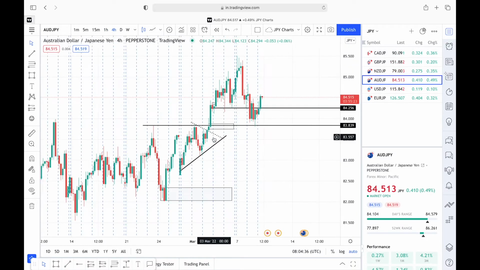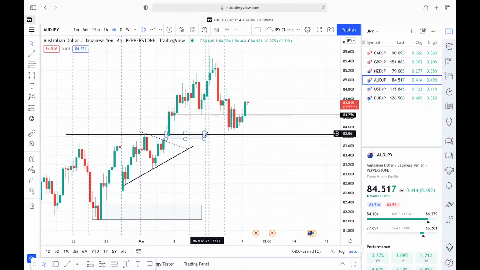Let me go to the 1 hour so I can see something very clear. This is AUD JPY in the 1 hour. I think it has tapped into this very block. Though I didn't post this very trade, it went quite well because there was a